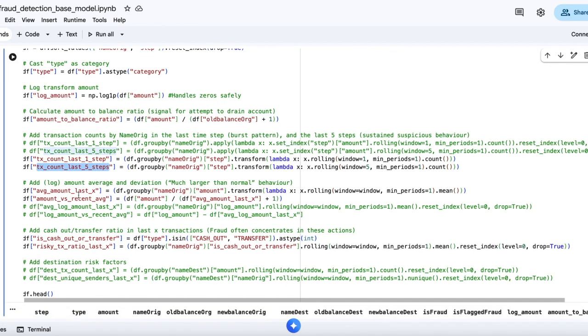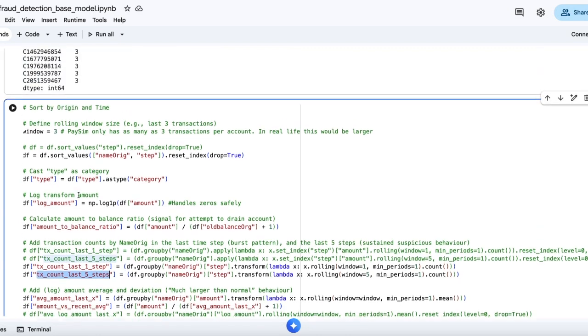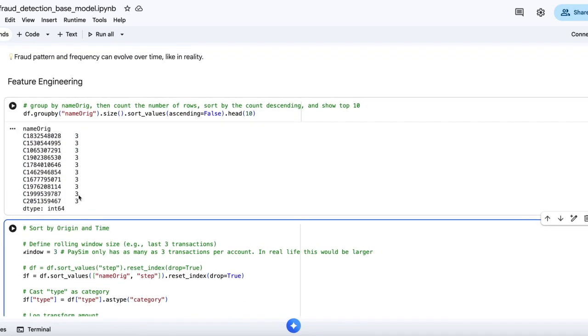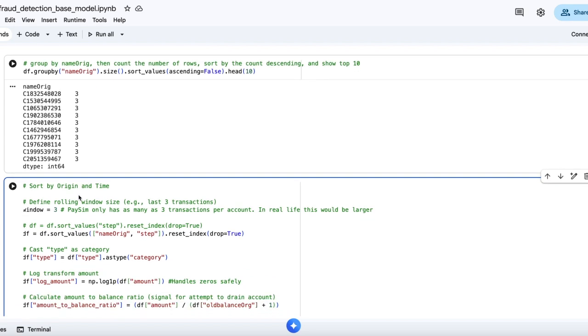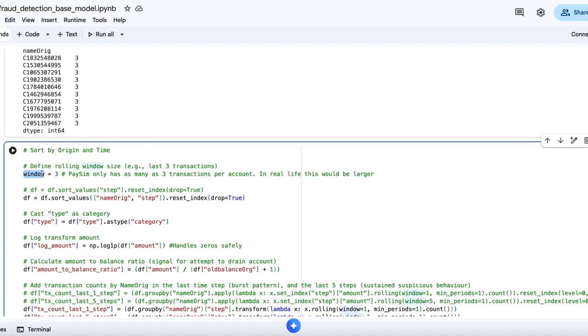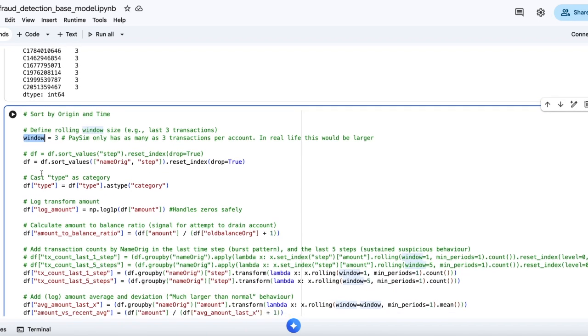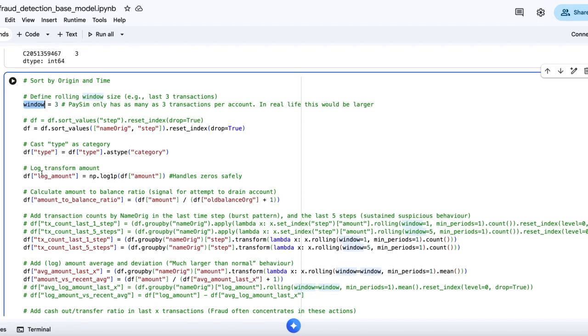I've also added how the current transaction amount compares to the average of the past X number of transactions, because if there is suddenly an amount much larger than normal, that's a red flag. I initially hard-coded the past 5 transactions, but then you can see I quickly checked here that our simulated data only has up to 3 transactions per account. So I've made it a variable, and we can define the window size based on business needs in real life. I've also calculated the ratio of cash outs and transfers in the last X transactions, since fraud often concentrates in